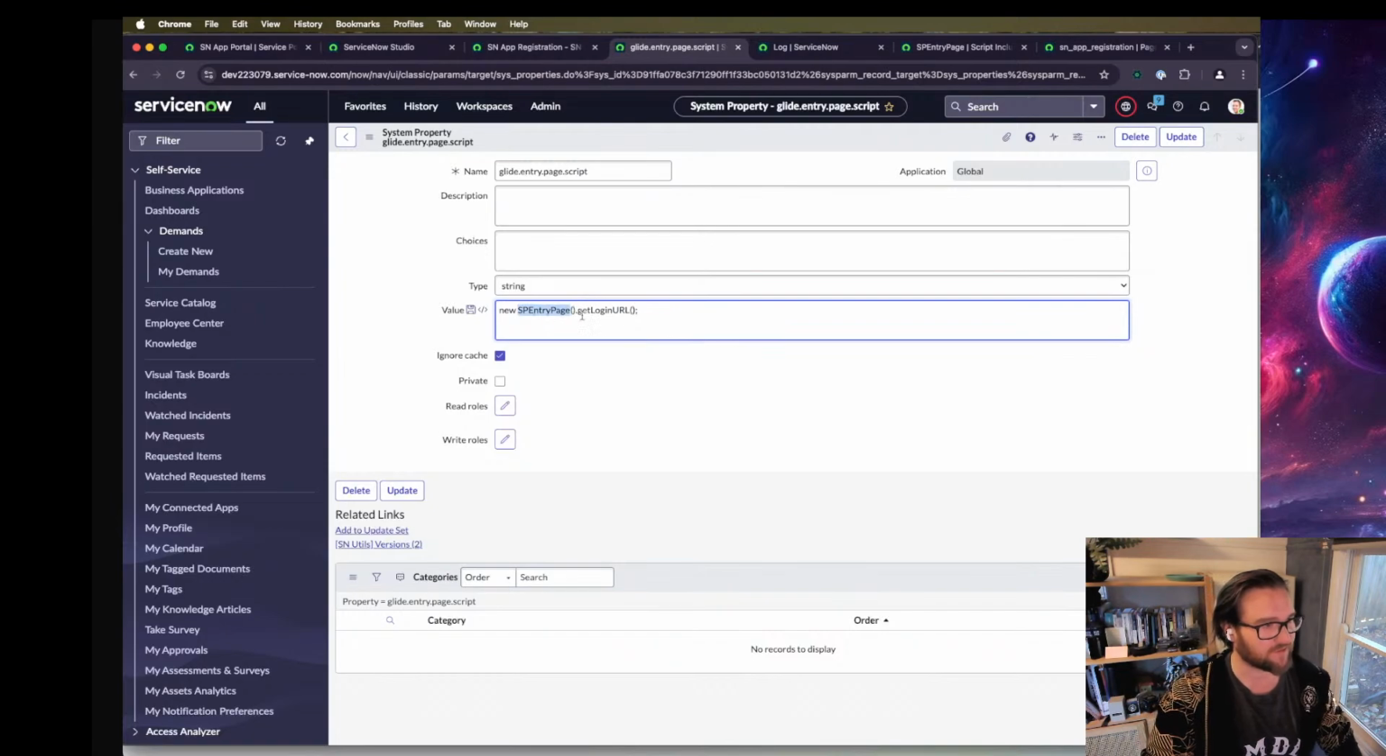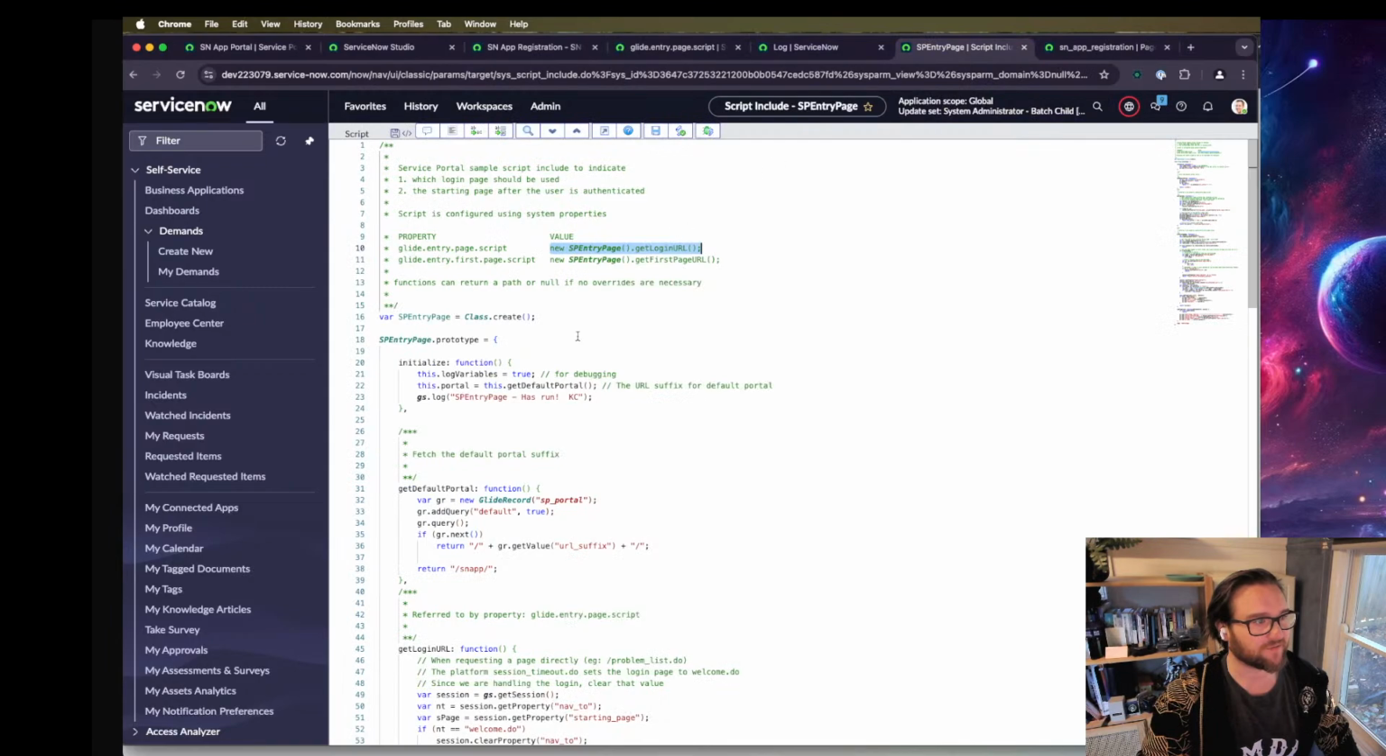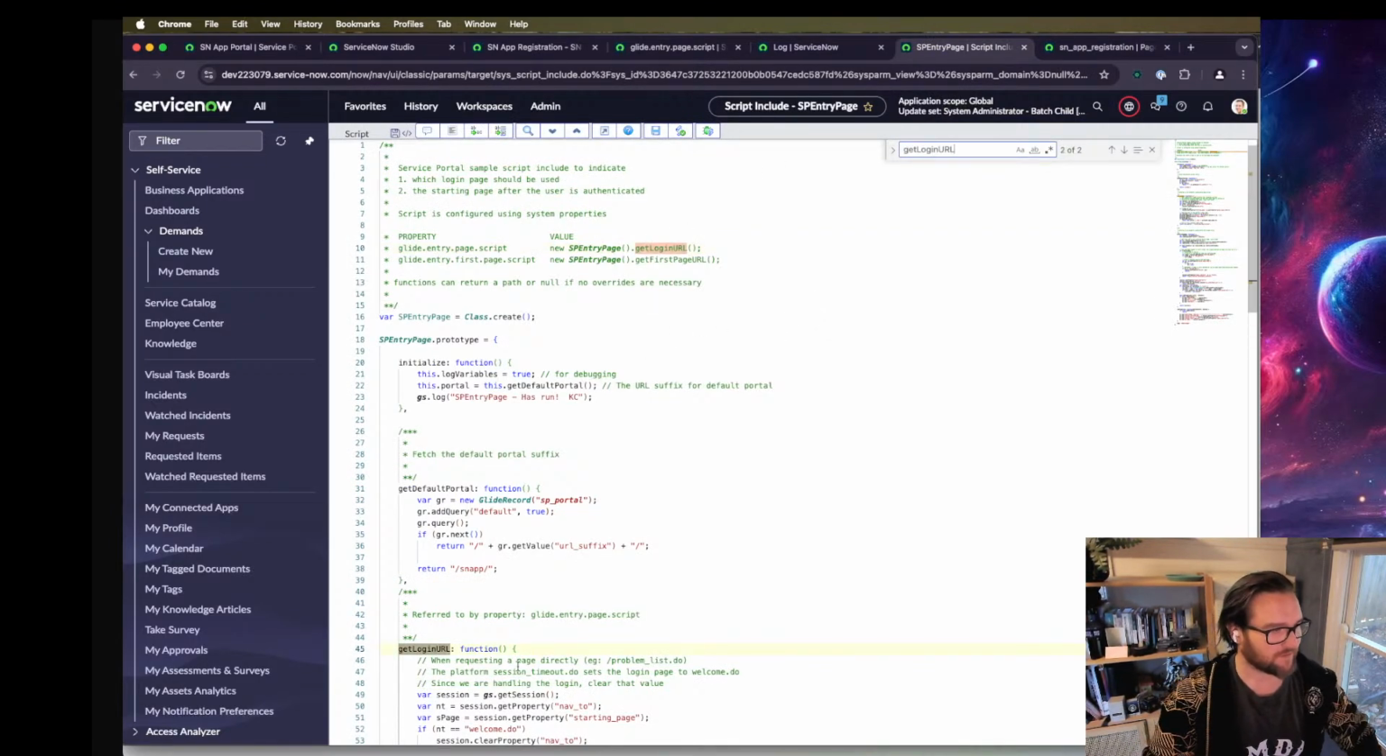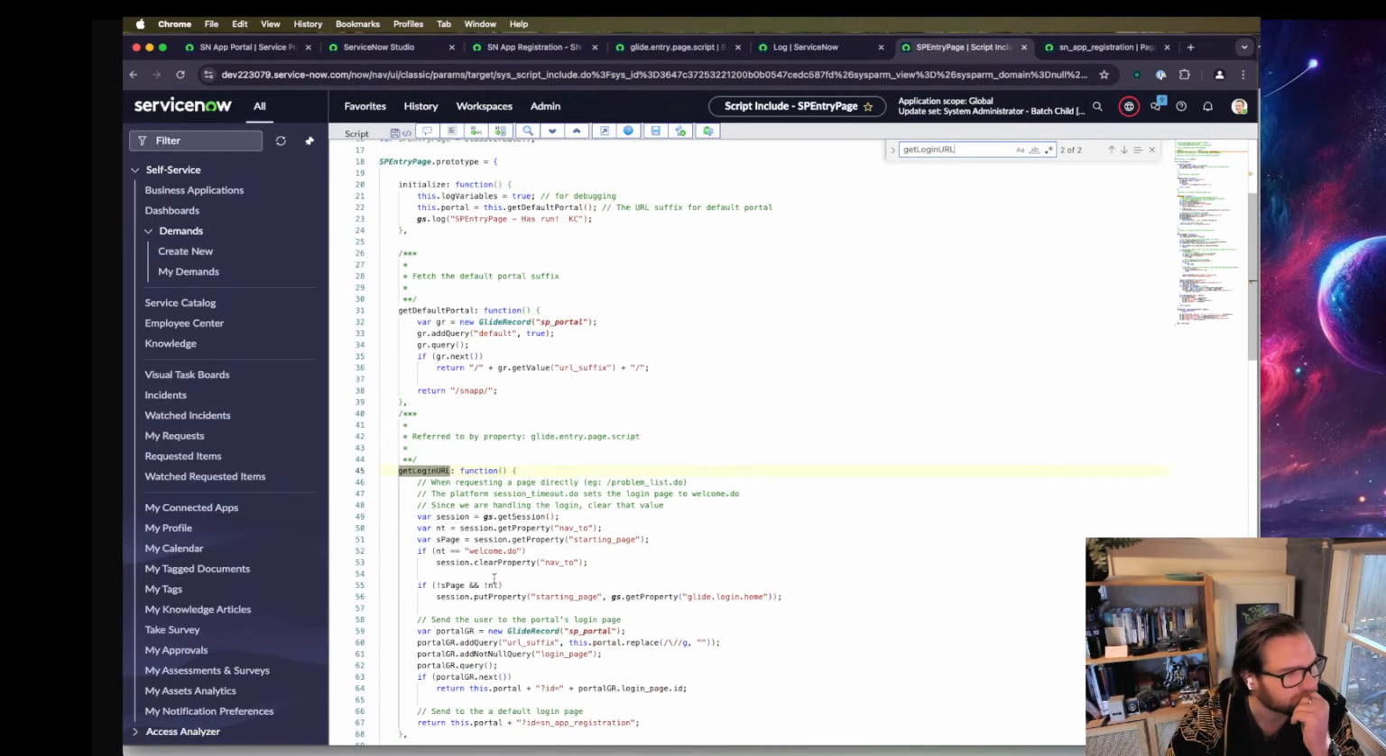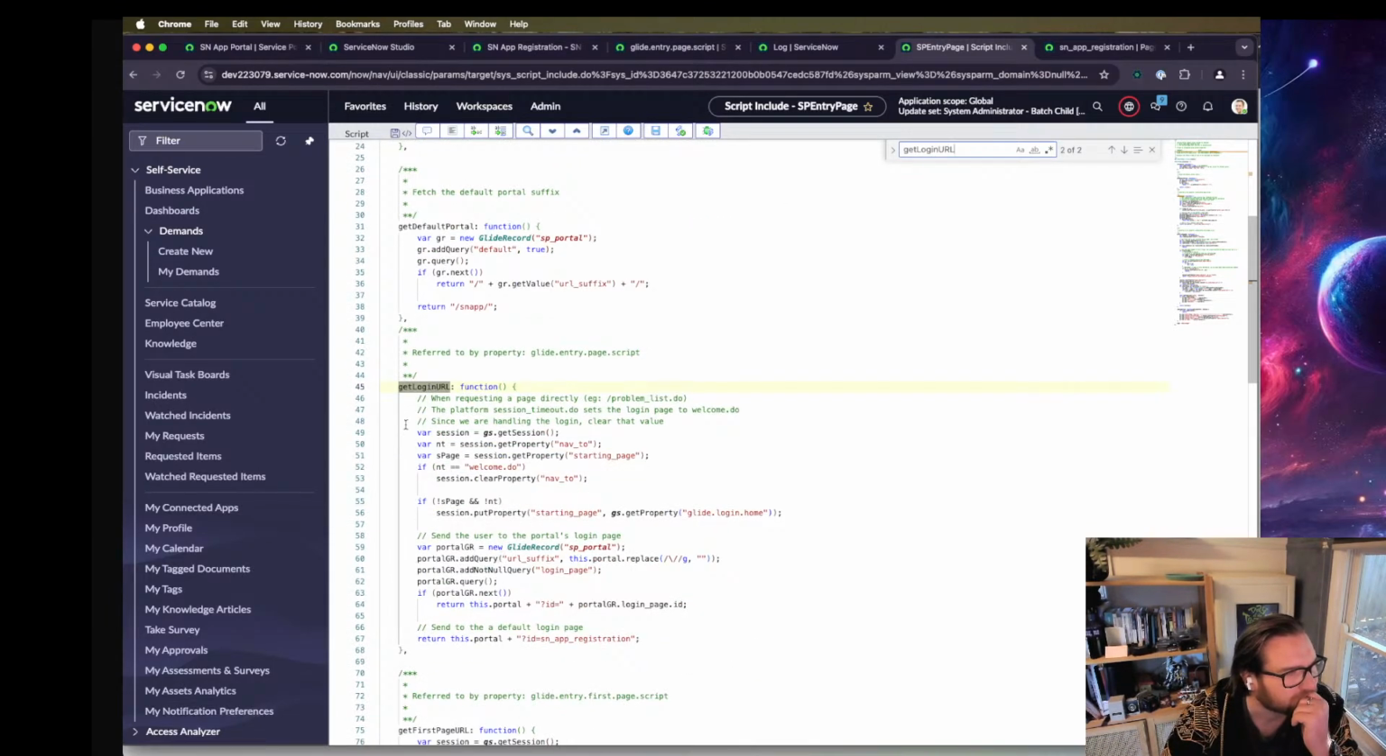So let's go to this guy. We've got him open, and let's find get login URL and zero in on where the problem is. Get login URL. When requesting a page directly, platform session type, since we're heading to the login, clear the value. So get sessions, nav2, all this starting page stack manipulation stuff that's happening, clearing nav2 properties, all of that stuff,